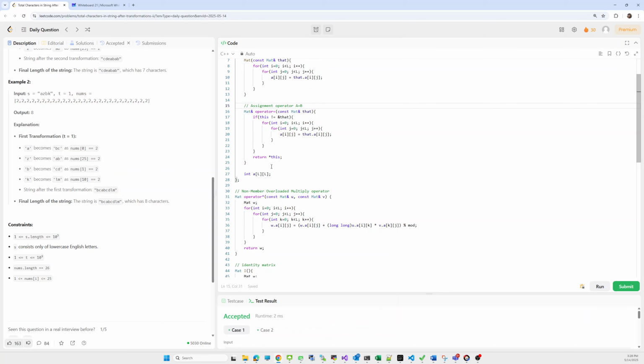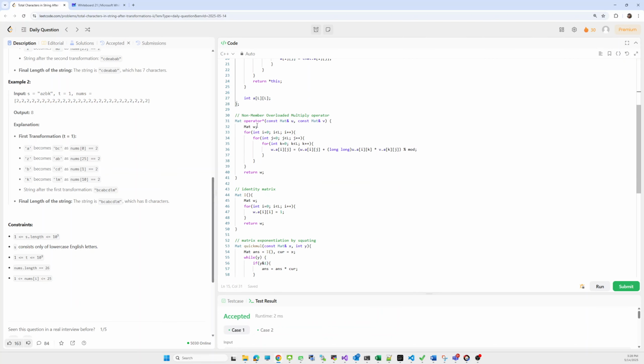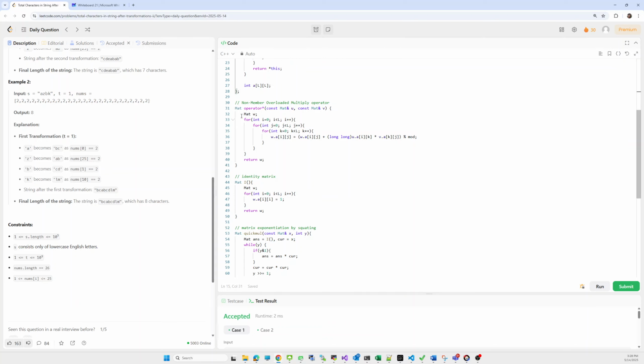Like this. And we have a non-member overloaded function for multiplying two matrices, U and V, together. For that we are taking a matrix W, and after that we'll do the matrix multiplication here. We take a square matrix, and a loop over the matrix.